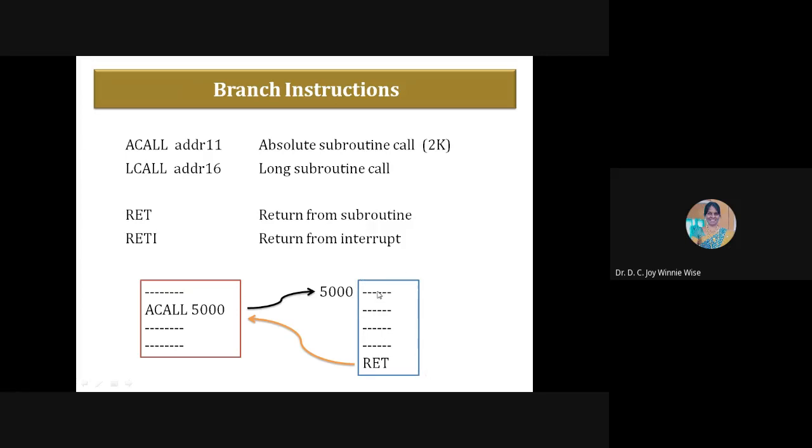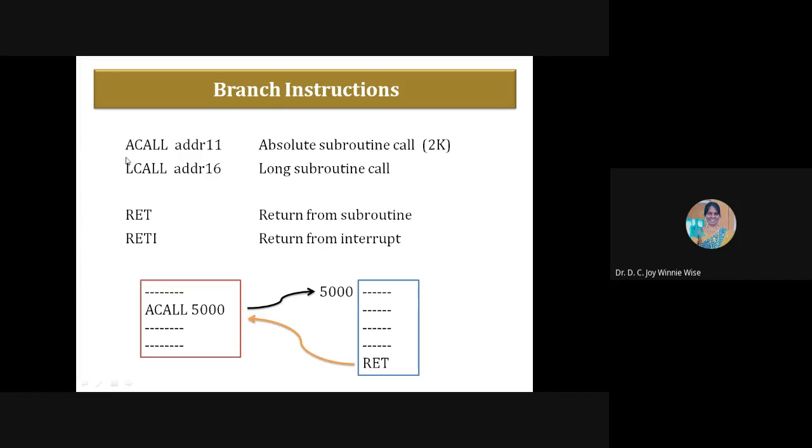Okay, so it will execute all the instructions. The last line of the subroutine will be a return. It must be a return instruction. After executing this return instruction only, the control will transfer to the main program, and it continues with the instruction that is available in the main program. So when you call a subroutine, it will jump to that subroutine, and after executing the return instruction, which is available at the end of the subroutine, the control will transfer to the main program.